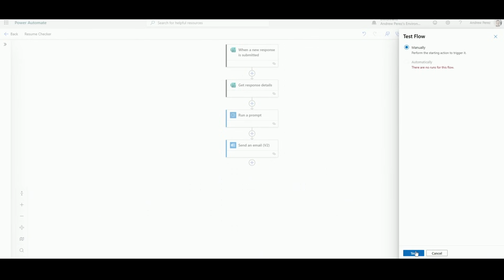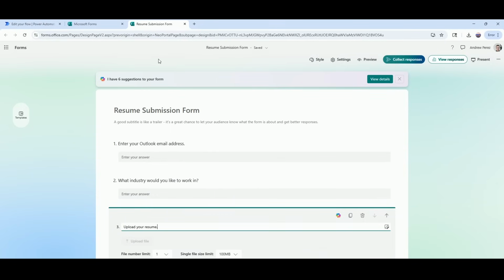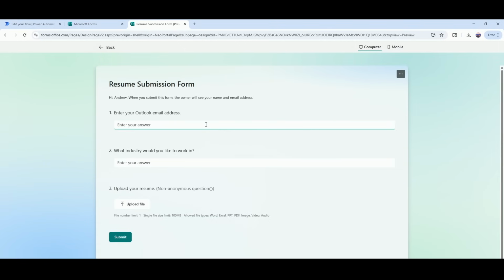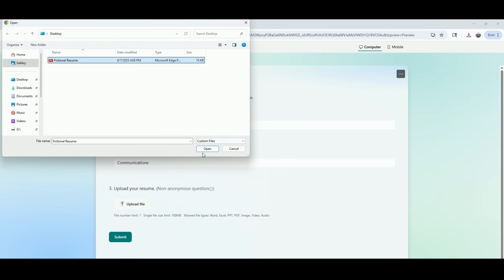We're going to test the flow manually, and then I'm going to come down and hit test, and let me send in a submission. So now on my form screen, I'm going to go into preview, and my email address I'm going to put into here, aperez@pragmaticworks.com. What industry would I like to work in? Let's do something different, but I'm going to use the same resume, right? So what about the communications industry? And then I will upload the same fictional resume here,